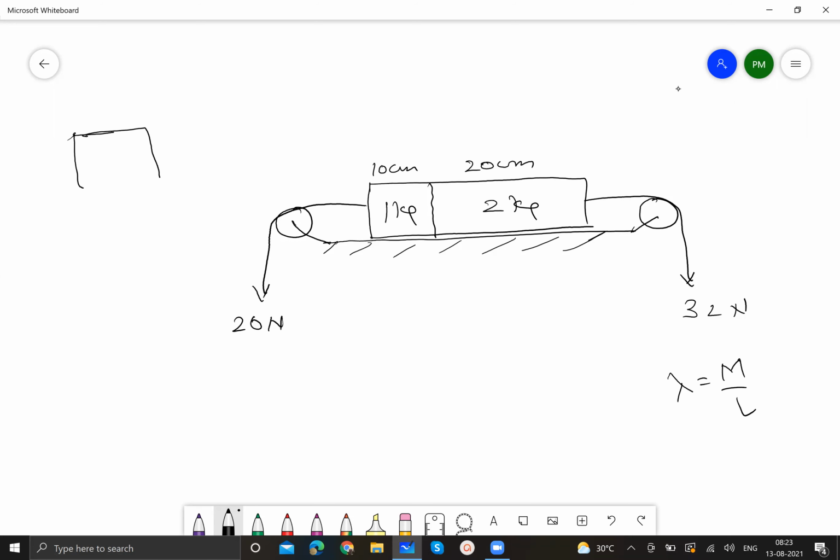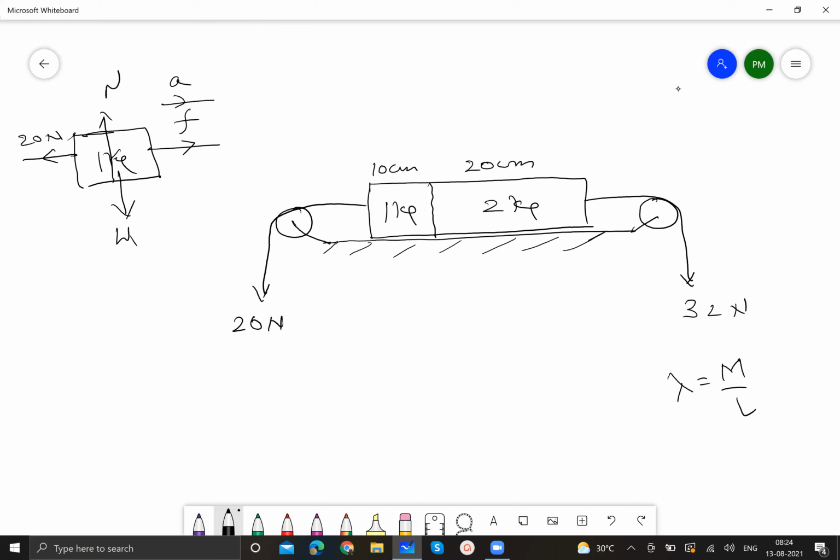this is the 1 kg portion. So here a 20 newton force will be acting, and this is the reaction of this 1 kg mass on the 2 kg mass. This is the weight of it, and the normal reaction. And of course, because the 2 kg mass is more, the acceleration of the 1 kg mass will be towards right.